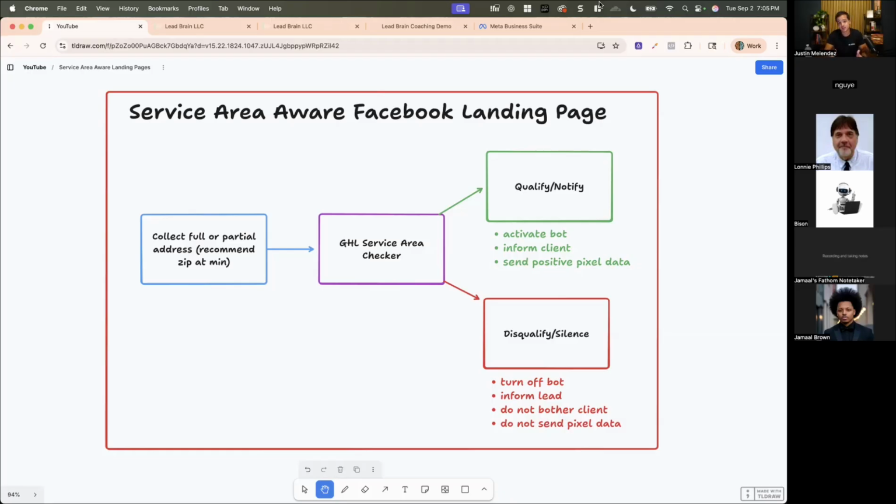If somebody fills out an instant form, Meta automatically considers that a lead because it's on their platform. They know somebody filled out a form, and so they count it as a lead. But if I send somebody to a landing page, I have an opportunity to either send Meta the conversion API signal that we talked about, and we're going to go into that and refresh your memory if you're not super keen on the Meta pixel and the conversion API, but we have the opportunity to send that to them or just